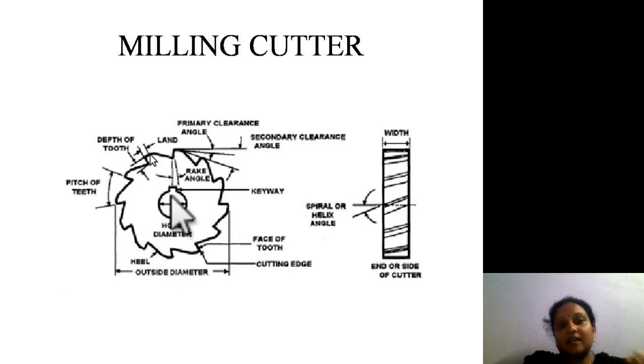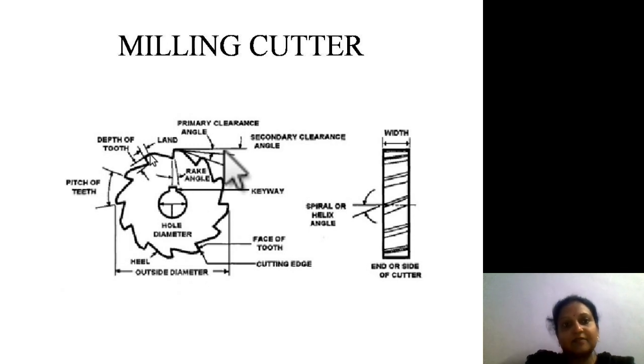So we can insert this cutting tool onto some shaft, and we can lock it with some gateway or with a keyway. And here is some rake angle. The purpose of this rake angle is for the smooth movement of the chips. It can be continuous chips or discontinuous chips. It is used for the movement of chips over the cutting tool.